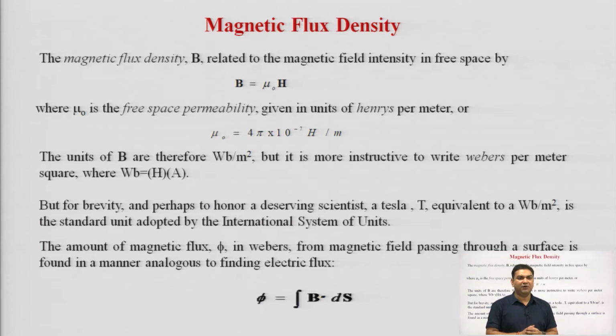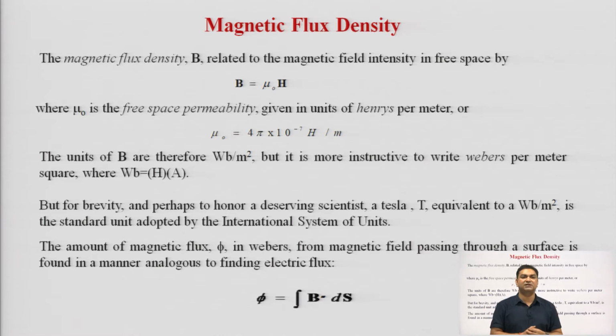But for generalized expressions, we can use the Tesla. Tesla is also a very important unit, which is described as Webers per meter square, and this is the standard unit adopted by the International System of Units. The amount of magnetic flux phi in Webers from magnetic field passing through a surface is found in a manner